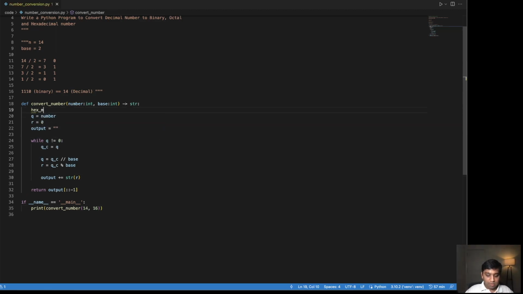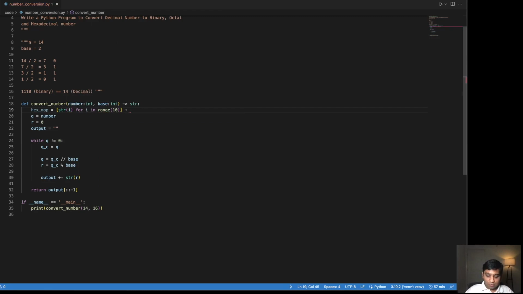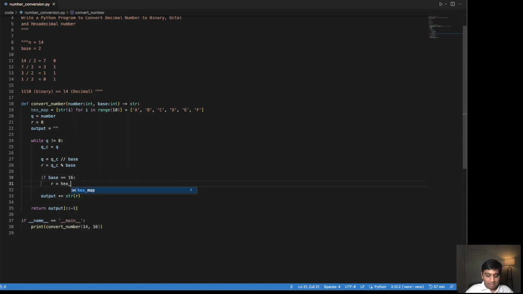So we will create a variable called hexamap, and this map is going to be a list, and the list is of string i. So we are going to convert i for i in range 10, so that will give us 0 to 9, plus we will need 6 alphabets, that is A, B, C, D, E, and F. So this is our hexamap, and now over here we will create a condition. If base is equal to 16, that is hexadecimal, we are going to replace remainder with hexamap